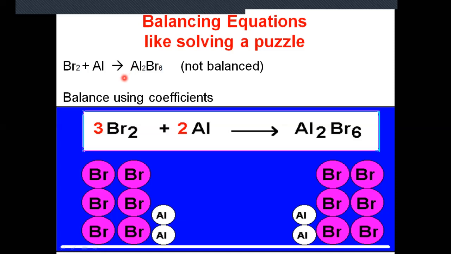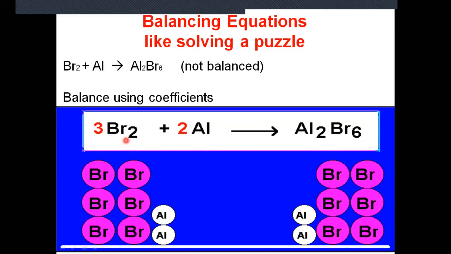How can we identify whether a given reaction is a balanced chemical equation or an unbalanced chemical equation? A chemical equation in which the number of atoms of each element on both sides of the equation, reactant side and product side, are not equal, is called an unbalanced chemical equation. While the chemical equation in which the number of atoms on the reactant side and on the product side are equal is called a balanced chemical equation.